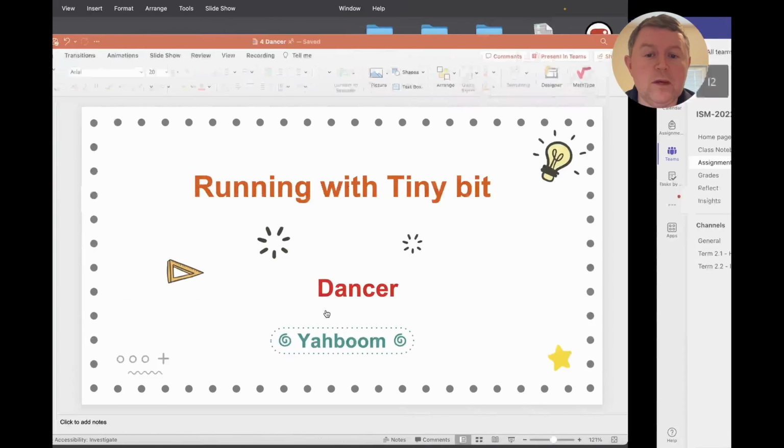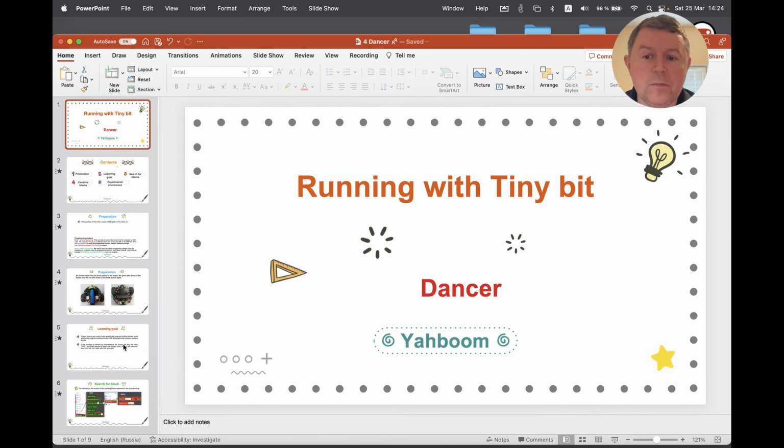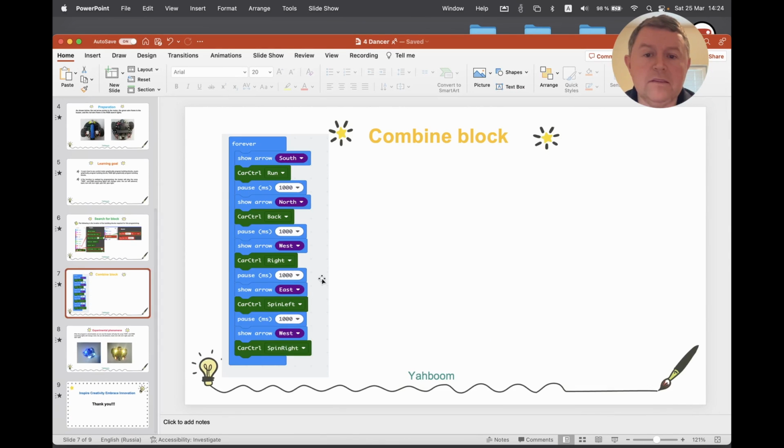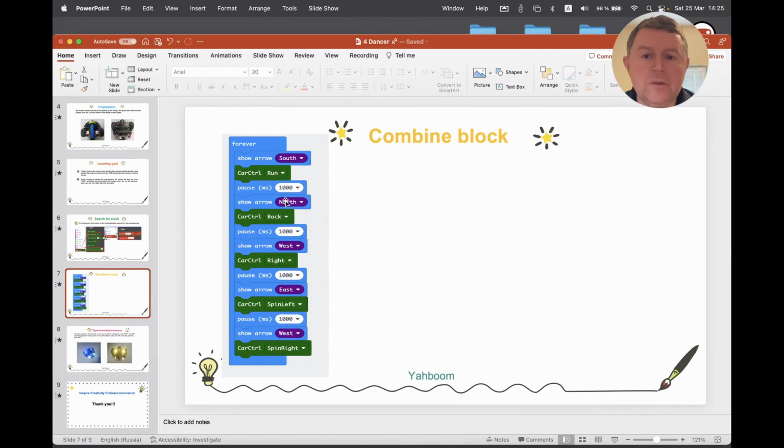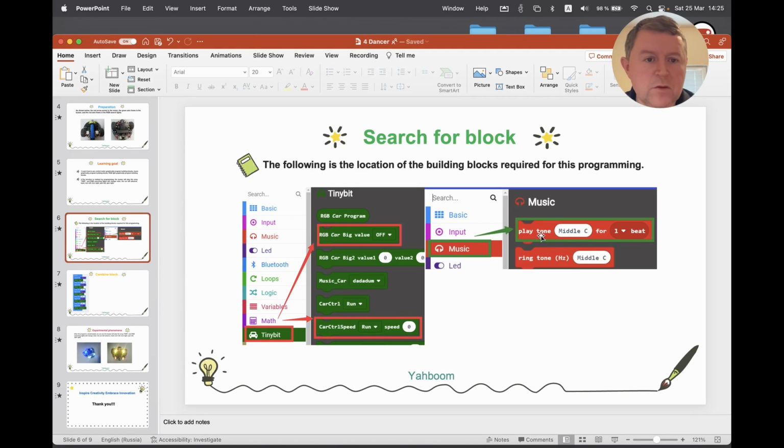So what we need to do is, I actually took the code from lesson 2, this car run, this one, and we're going to add to it actually. So if you've got this code already, you can just use it again, and we're going to add a couple more things to it. We're going to add some music, and we're going to add some RGB, some of the